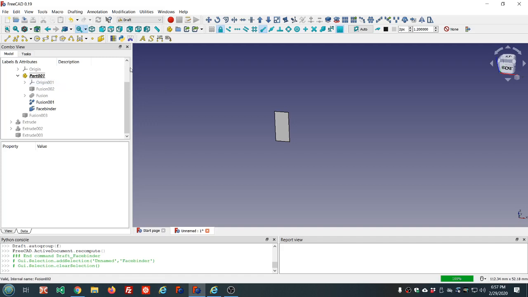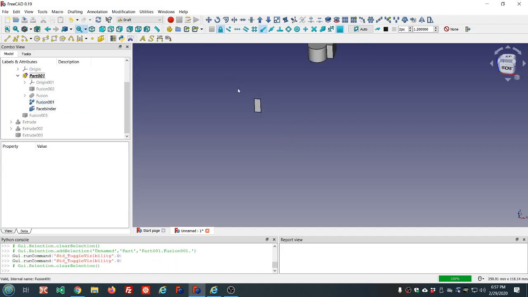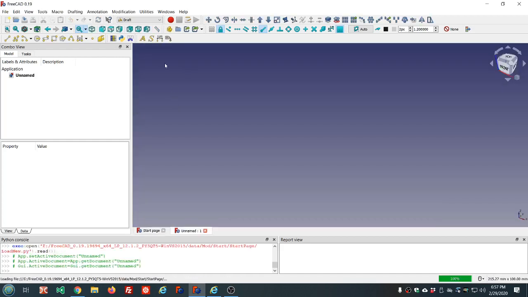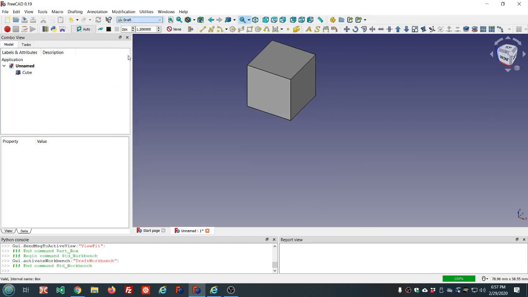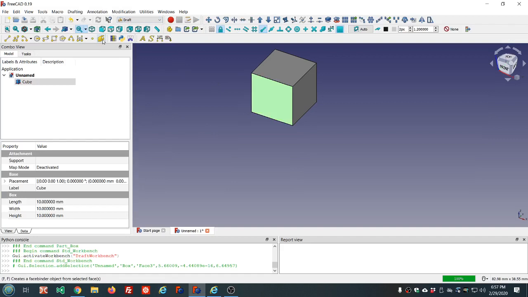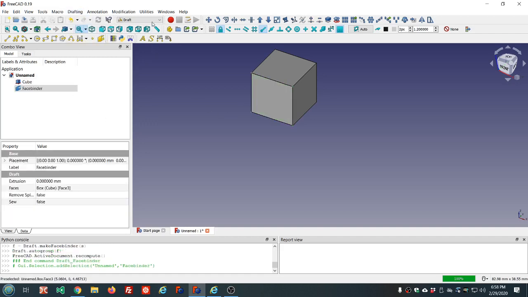I don't know why it made the other object invisible. Oh, probably because it's in another part or something. I'm just going to close this document and start another one. Now let's go back to Draft, select this face, use the face binder tool, which is also in the drafting menu right here. We'll select this face binder, go back to Part,